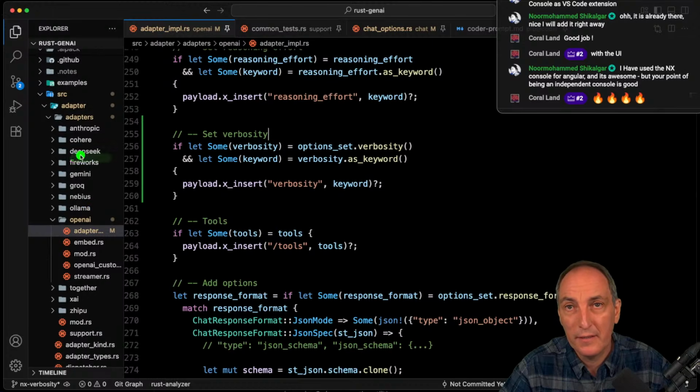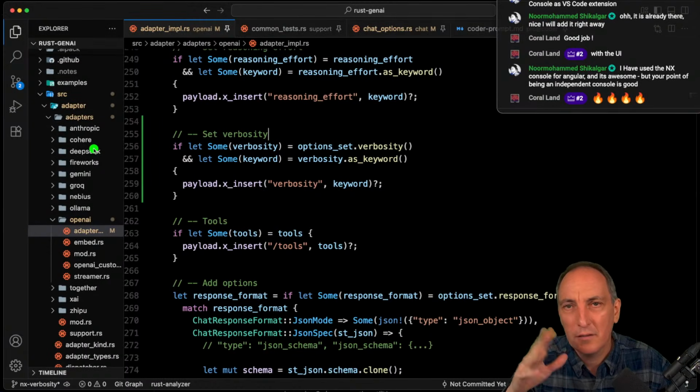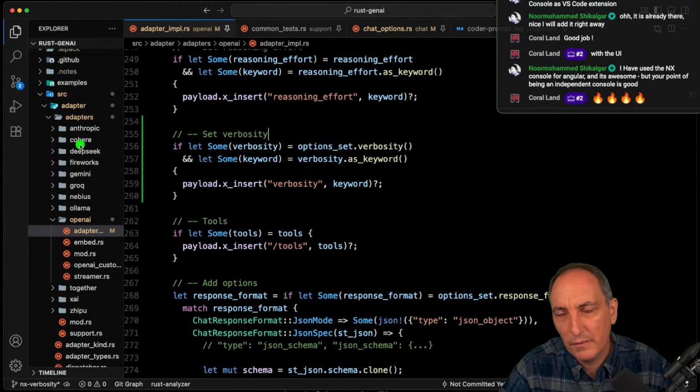Fireworks, DeepSeek. There's a lot of guys. And this one doesn't, but I'm going to move it to use the compatibility layer because Cohere is relatively small kind of guys. So I don't want to have their own. I can use the compatibility layer for those guys. But my point is,